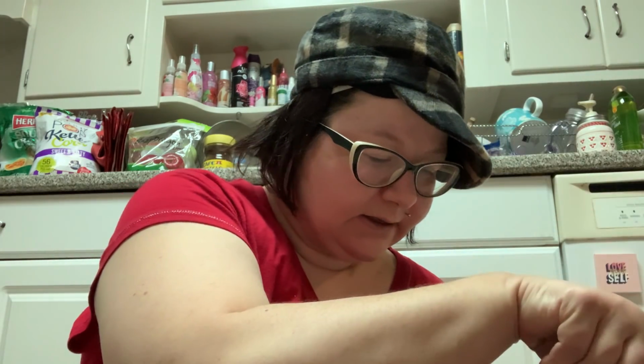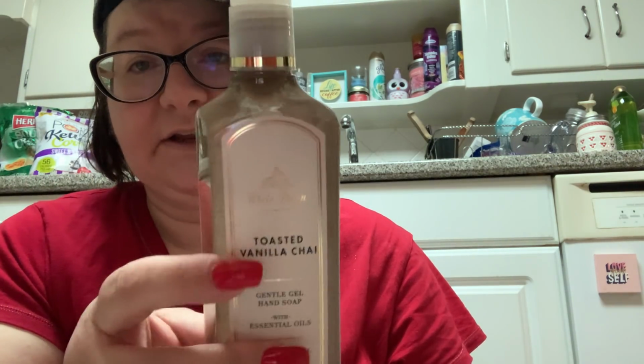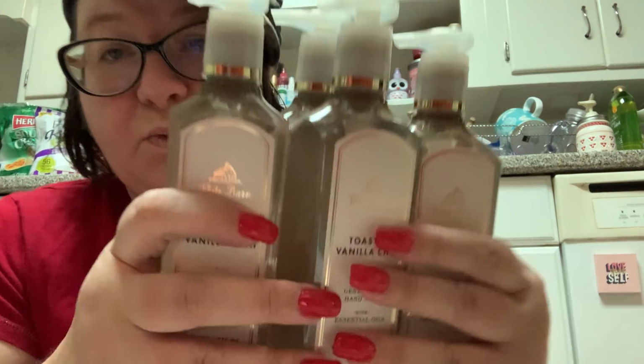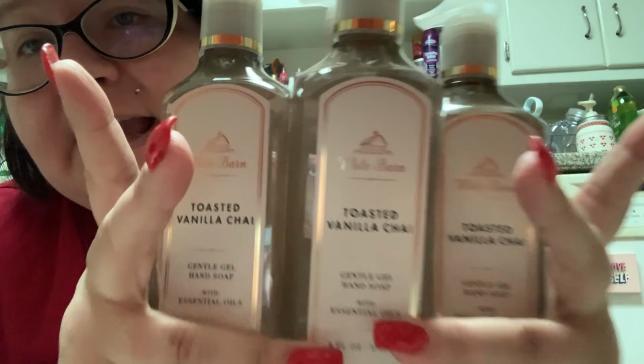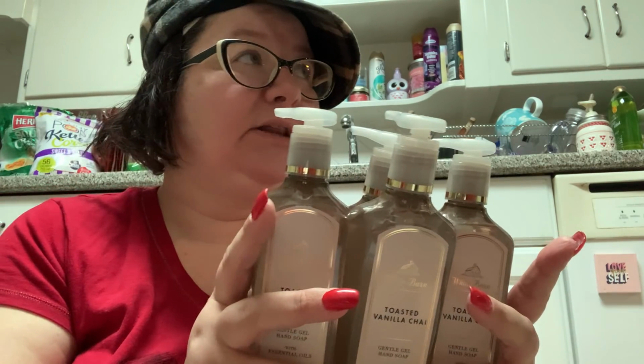Then these they had on the 75% off table. So I went a little bit cuckoo bananas on this. It's not because sale makes everything smell better. I picked up 4 of these because, first of all, they're super cheap. They would have been $1.62 because they're marked $7.50 instead of $8.50. They're White Barn. They're a fragrance that I think everybody would like, so they make a good gift. They're unisex, so a gift for a man or a woman. It's good for any season. It's just a good general scent,